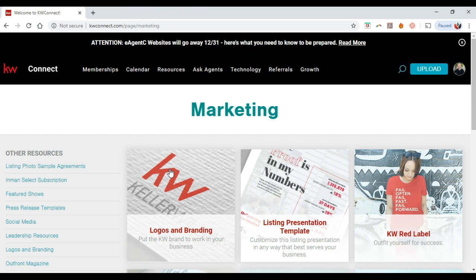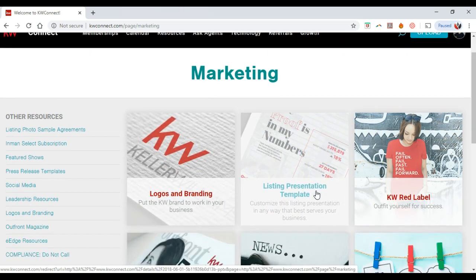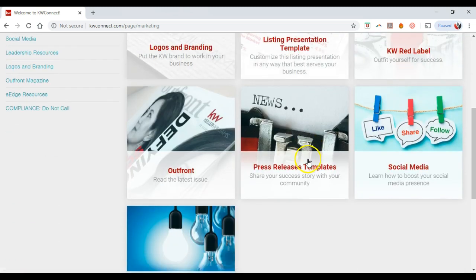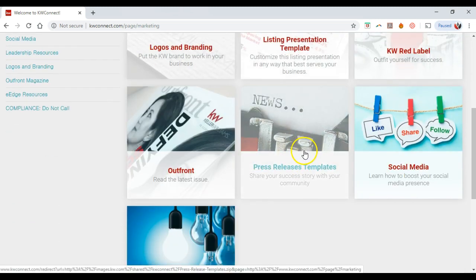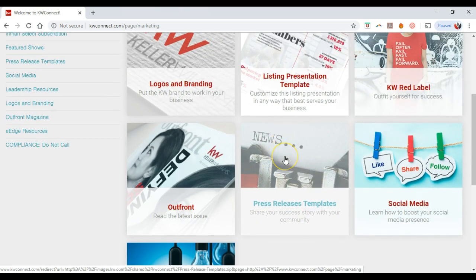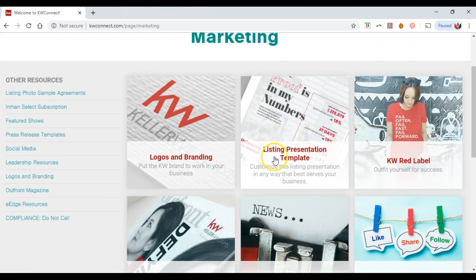Perfect. This is where you can actually access your logos and branding. So I always like to point that out. Now, obviously, they do have a listing presentation template. That's a little PowerPoint you can utilize. Or you can view press release templates. There's some info on social media and whatnot. But if you notice, it doesn't have any of the different pieces that you'll typically have over inside Command in the Design section, and that's okay. The biggest thing I always like to specify on here is this is where you can find the logos and branding. Because if I click on this logos and branding option on here,